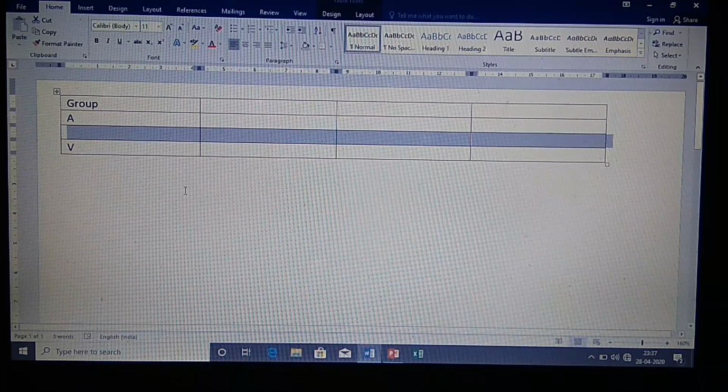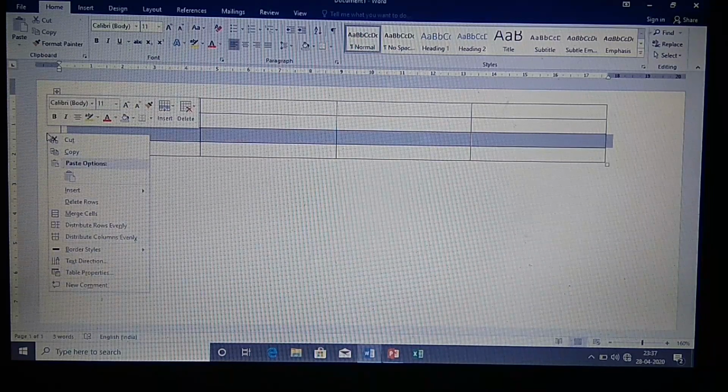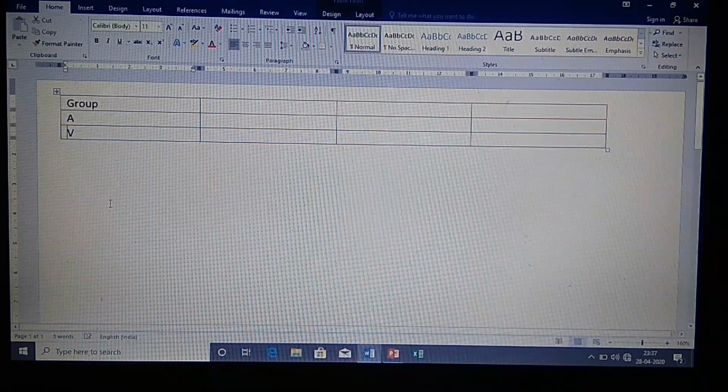Now to delete a particular row or a column, in the same way you have to select the entire row. You have to come to the leftmost part of that particular row, right click on that, and a shortcut menu appears. You can select Delete Rows from that option. Your one row has been deleted. Now you can see 4 columns are there.